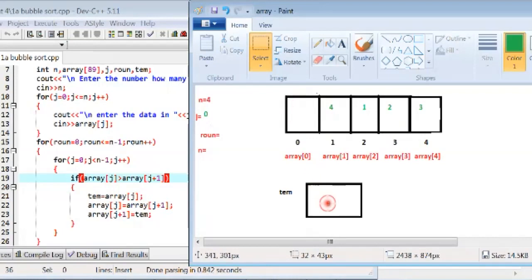The value of array j is inserted in temp, and array j equal to array j plus 1, so the value of array j plus 1 is inserted in array j. Then array j plus 1 equal to temp, meaning the value of temp is inserted in array j plus 1. Here the values are swapped, and again the value of j is 1.